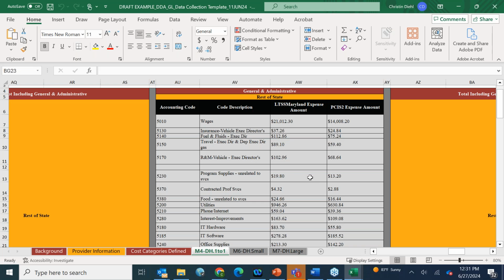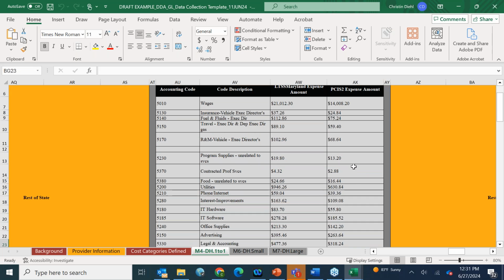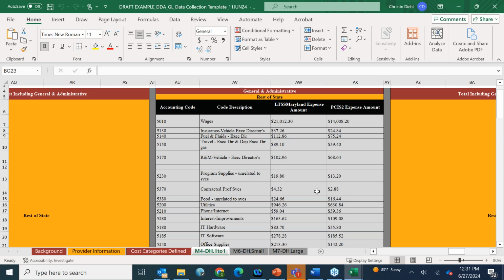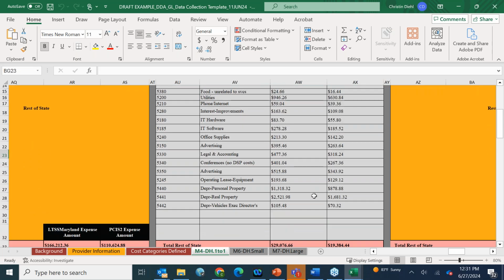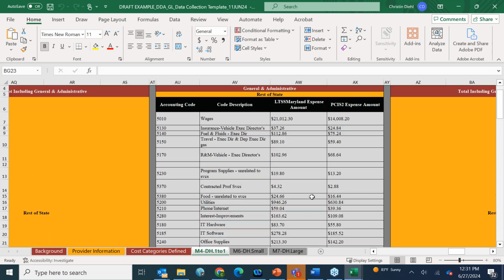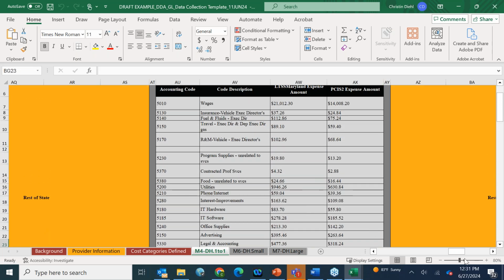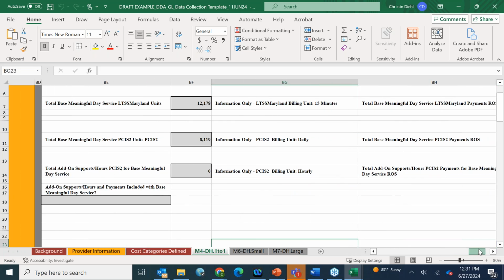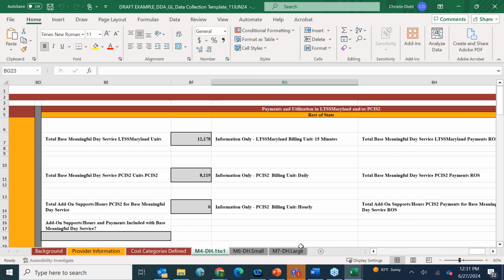General administration, so you can see all the costs that we've added under G&A, aligning with what's in the cost category tab. But this is a great way for you to kind of reference the different types of costs that should be added in there. And then finally, we have the